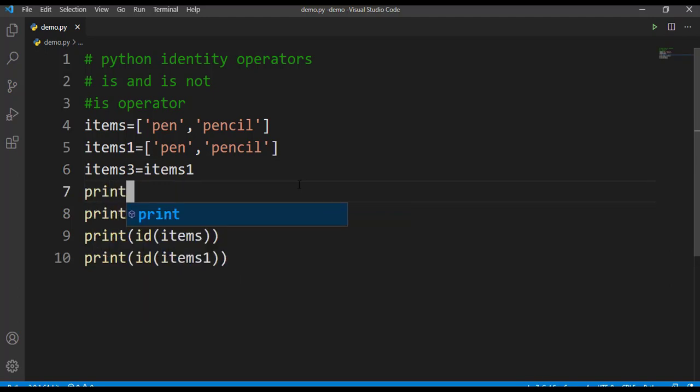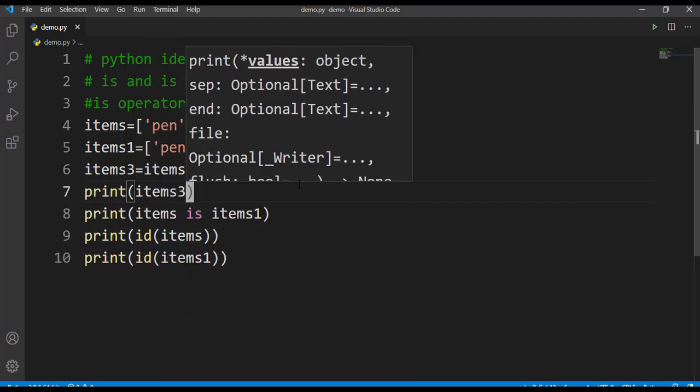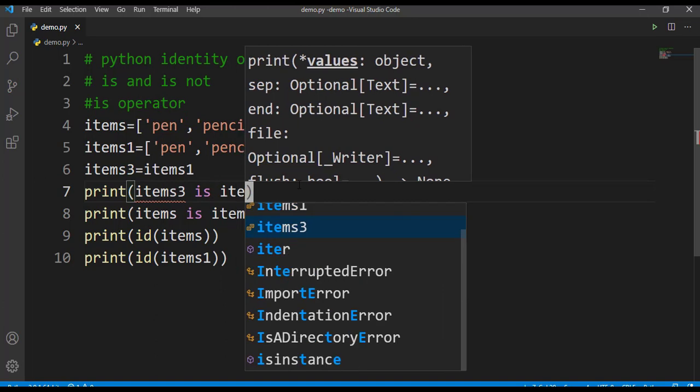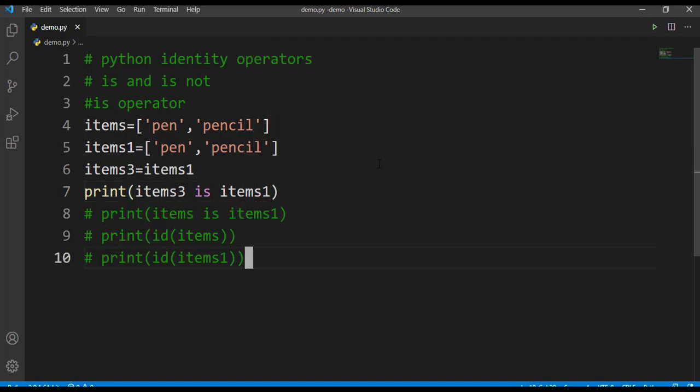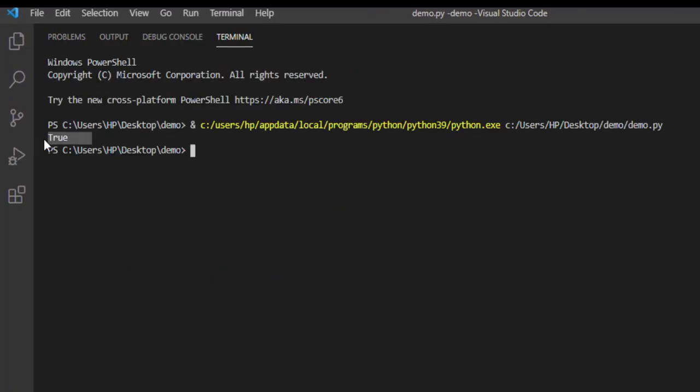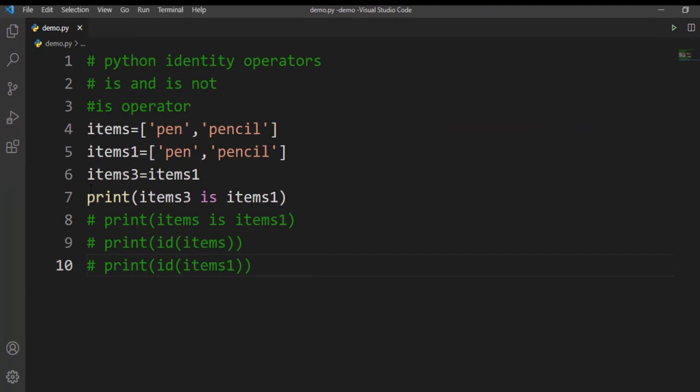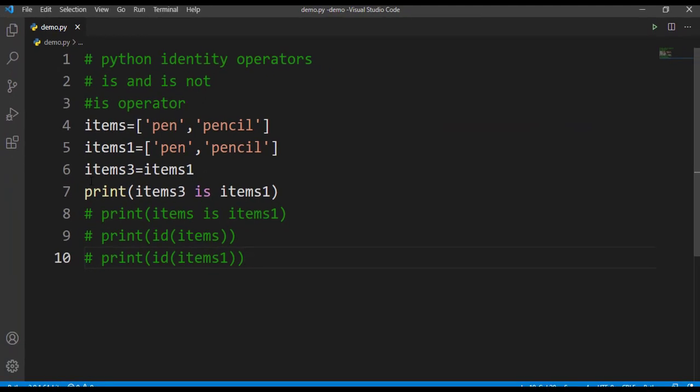So now let's print this. Items3 is items1. So now our program should result in true. Let's run and check. Here you can note that it is returning true. That means because here I am equating items3 to items1, the objects will be the same. That's why the is operation is returning true here.